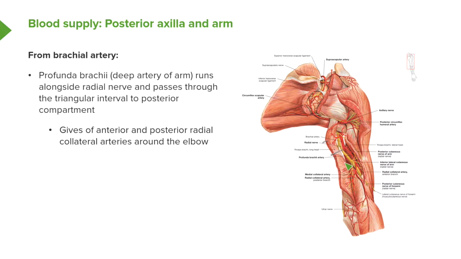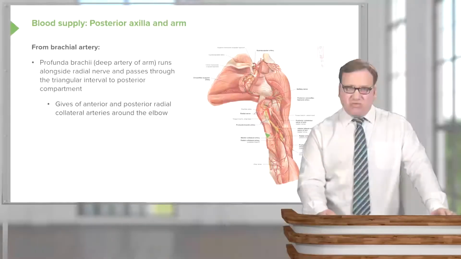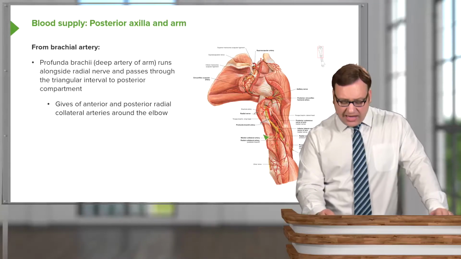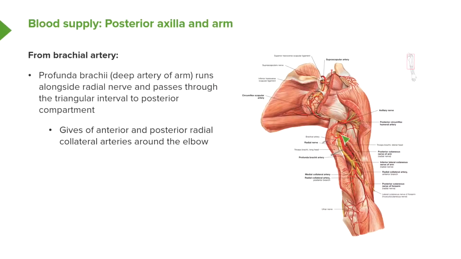If we then look at branches coming from the brachial artery, then the most important one of these is profunda brachii. This is running alongside the radial nerve, and they leave the axilla by passing through the triangular interval into the posterior compartment of the arm. They enter the posterior compartment of the arm by running through the triangular interval. We can see the triangular interval here. As it's running down, the profunda brachii runs between the medial and lateral heads of triceps brachii, we can see it